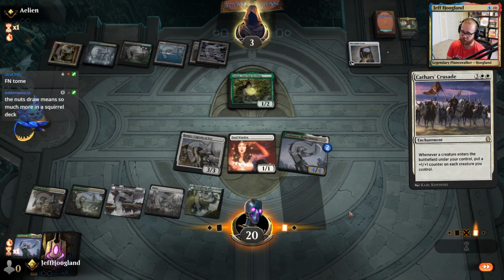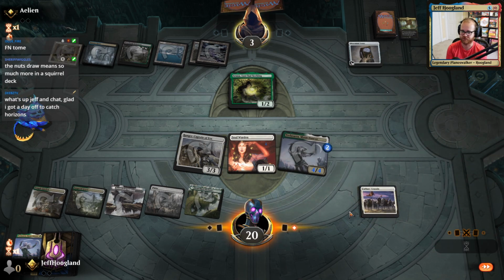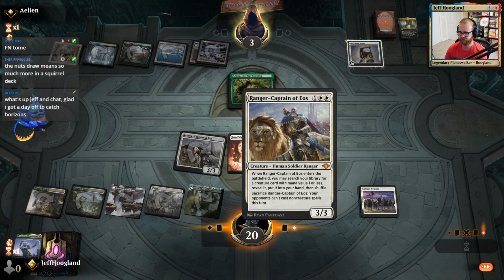So again, Cathars Crusade plus Scurry Oak is a 2-card combo. So if we just find a Scurry Oak at this point,